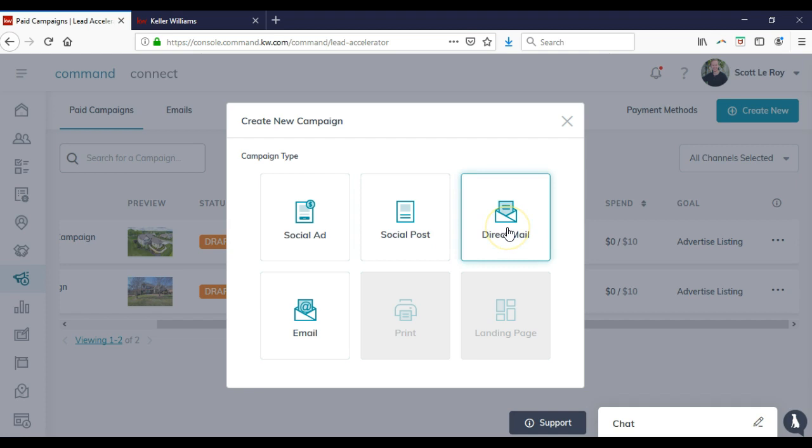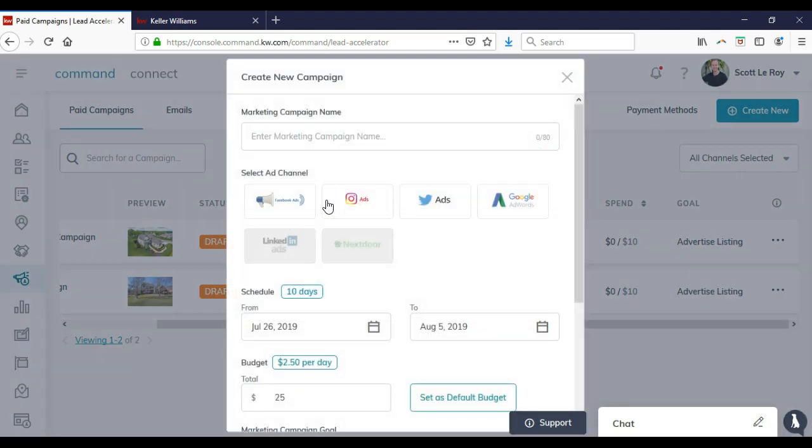You can also do direct mail, where you can actually farm this out to your sphere of influence or your contacts, or anything of that sort, the actual piece you want to send out to them. Or of course, you can email it out too. So if you click on that social ad, for instance, then this is where we can actually go